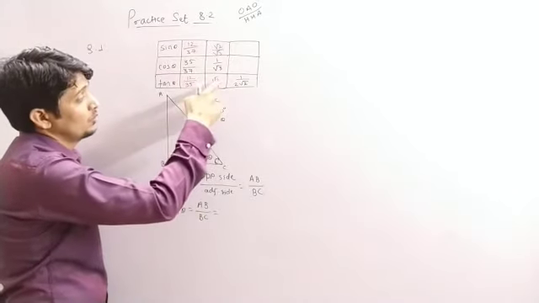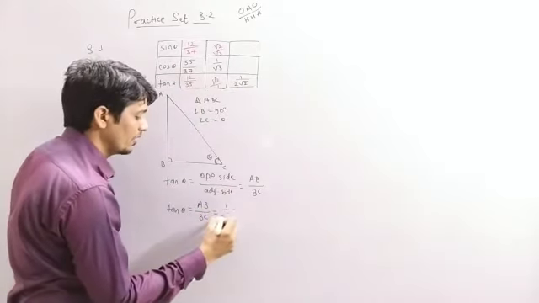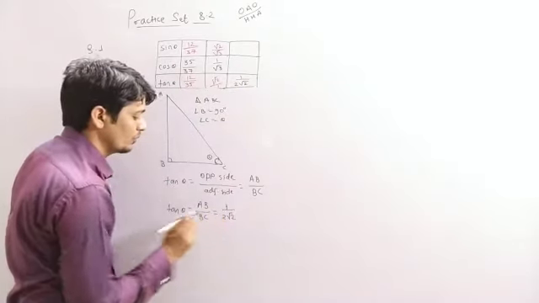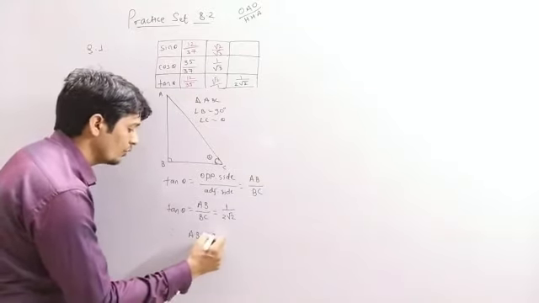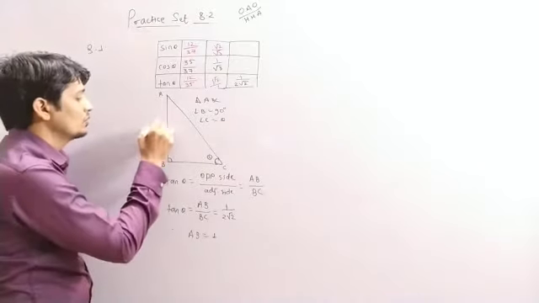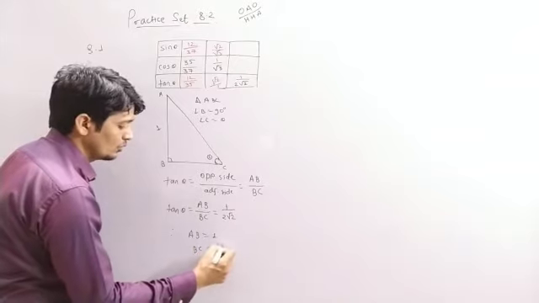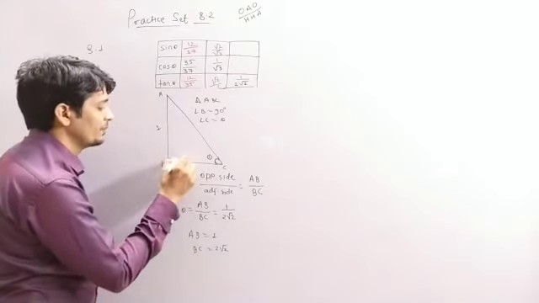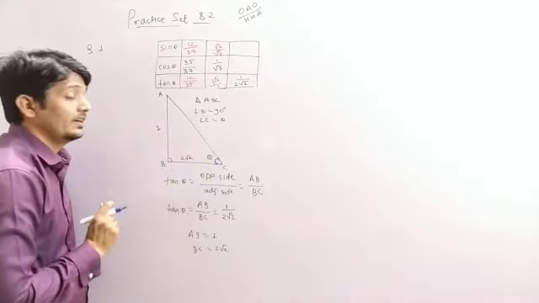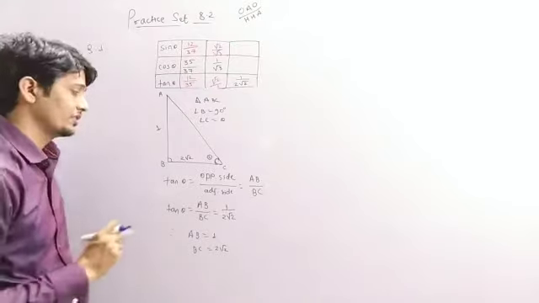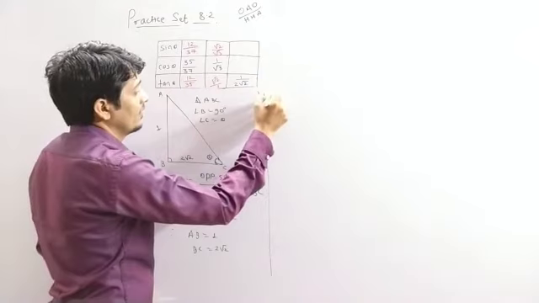what is given: tan theta equals to 1 divided by 2 root 2. Okay. So on that basis we can write AB equals to 1 and BC equals to 2 root 2. So BC is 2 root 2. So now we have to calculate the value for side AC, that means the hypotenuse. So we have to apply the Pythagoras theorem now.